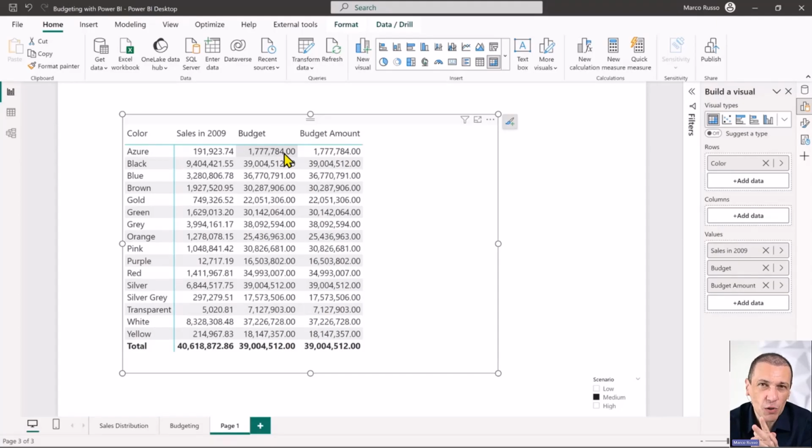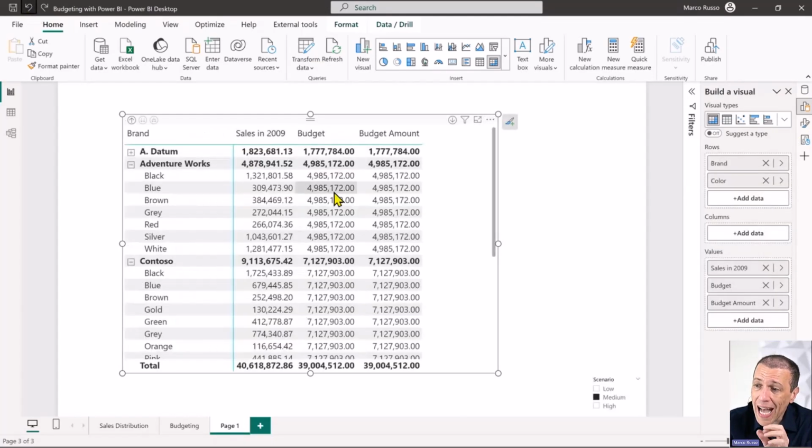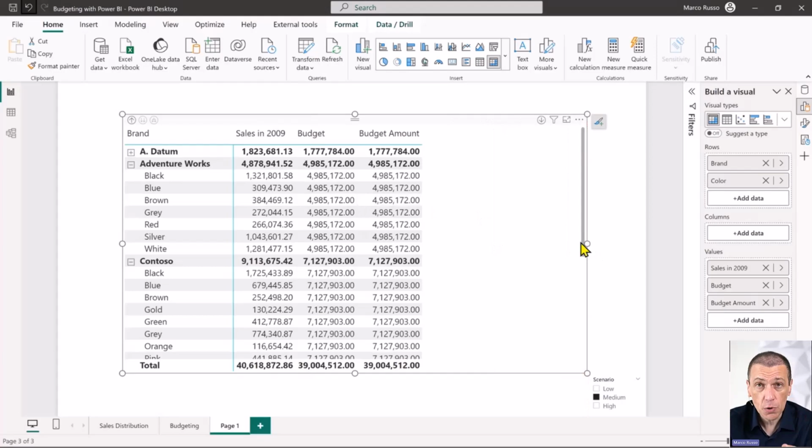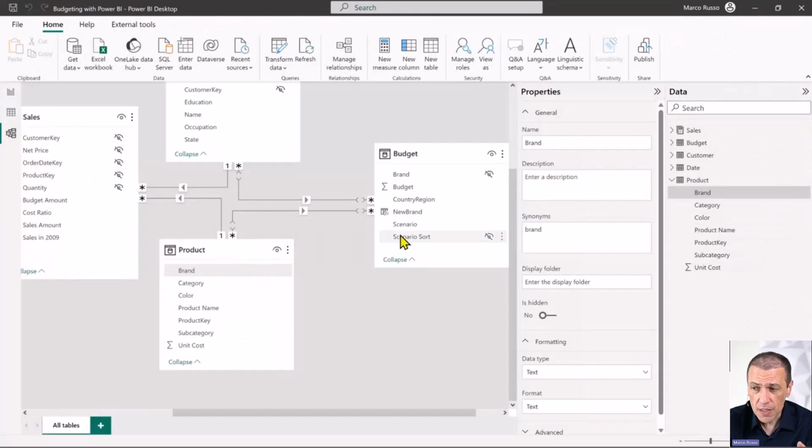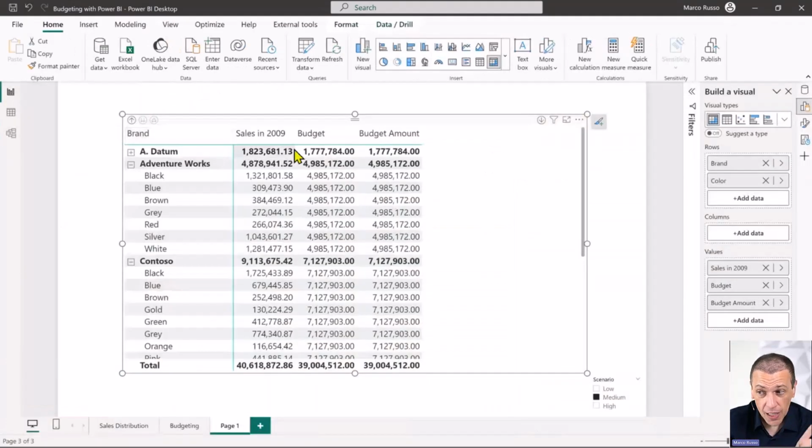But of course, this is confusing, because if you show the user this report, how do you warn them? Look, this number doesn't make any sense. So the best thing to do is to hide the number if it is not compatible with the cardinality that you're showing. So what I'm trying to say is, it is true that this is easy to use. It is false that you should use it easily. When you use it, you cannot use this implicit measure because this is confusing. So I would suggest that if you have that, stop implicit measures, take control, and in budget amount,